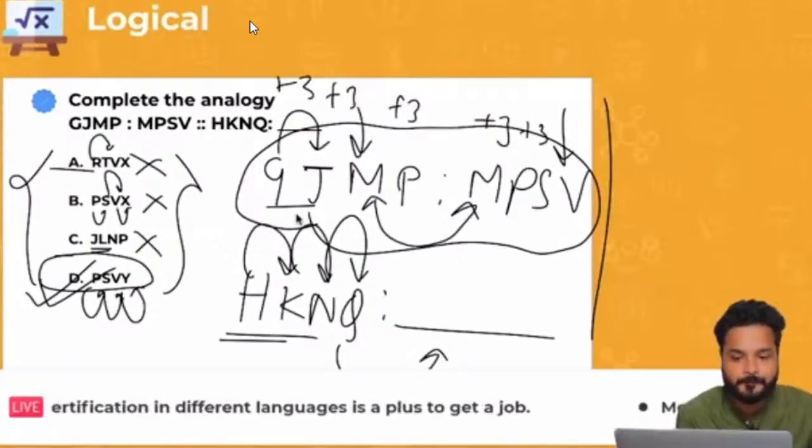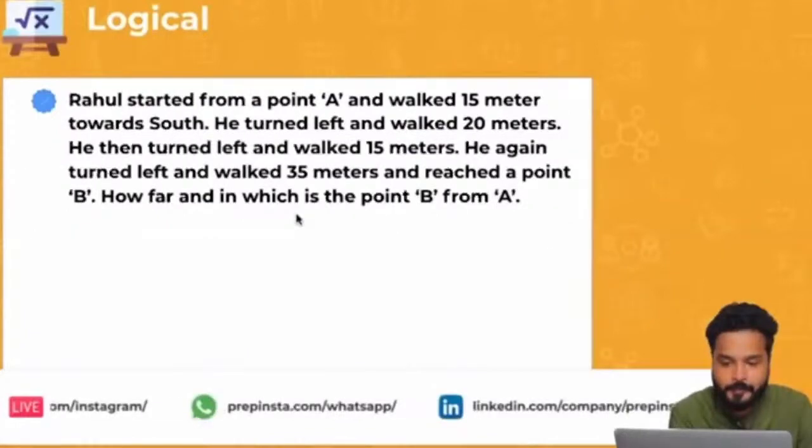It says, Rahul started from a point A and walked 15 meters towards south. He turned left and walked 20 meters. He then turned left and walked 15 meters. He again turned left and walked 35 meters and reached a point B. How far and in which direction is the point B from A? This should be